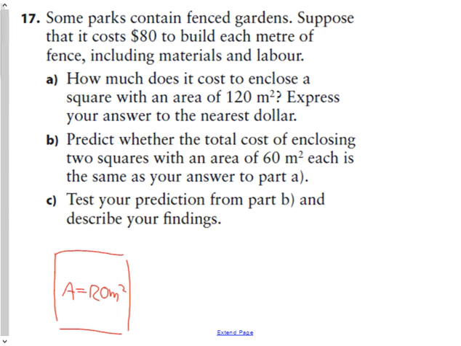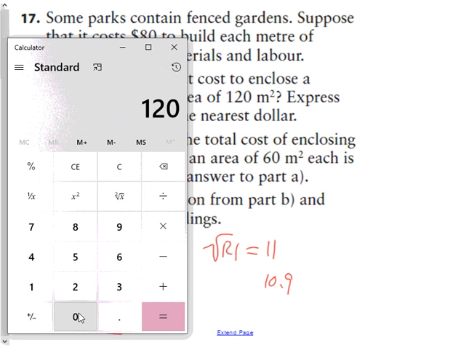So what's the square root of this? Well, I have to take the square root of 120. I know the square root of 121, since it's a perfect square, is 11. So I'm assuming the square root of 120 is going to be just a little bit less, so I can probably approximate it to be that. But we'll go ahead and use the calculator. Square root of this,